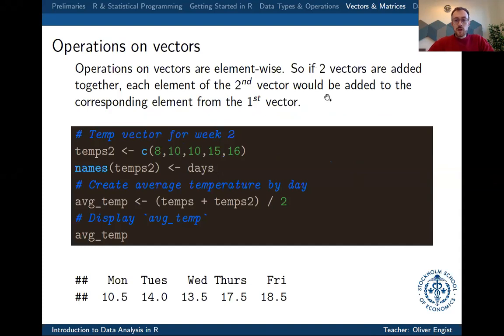So what we can also do is, for vectors, we can apply vector algebra like we would do in mathematics. If we look at an example here where we create a second temperature vector, we also assign it the same days, the same values for days. We can add these two temperature vectors together, and what this will do is add these vectors element